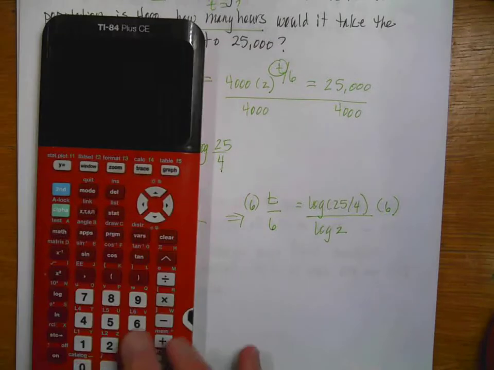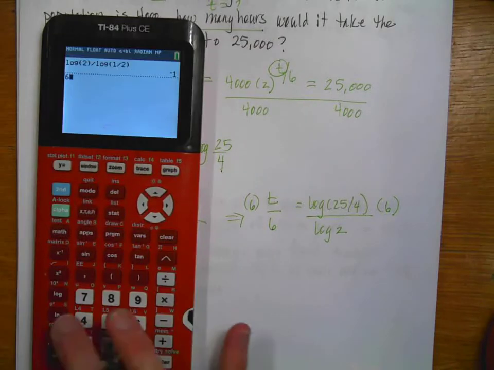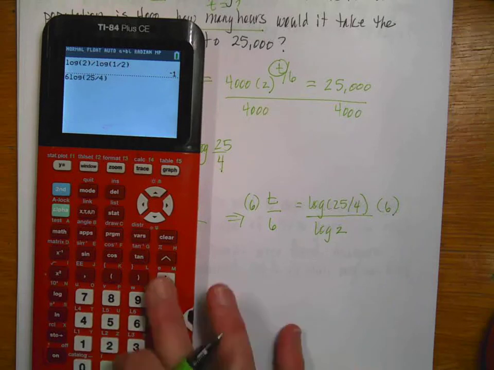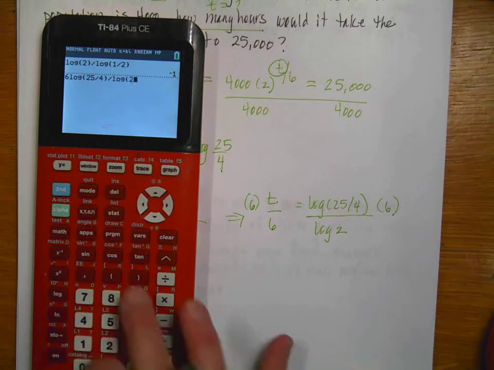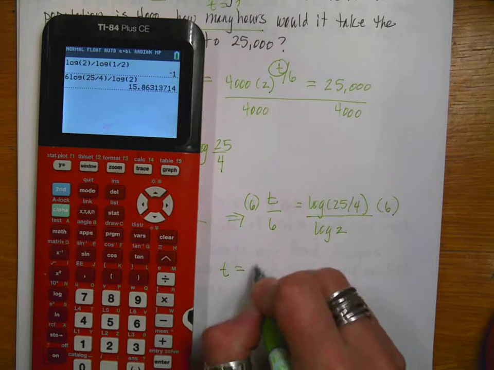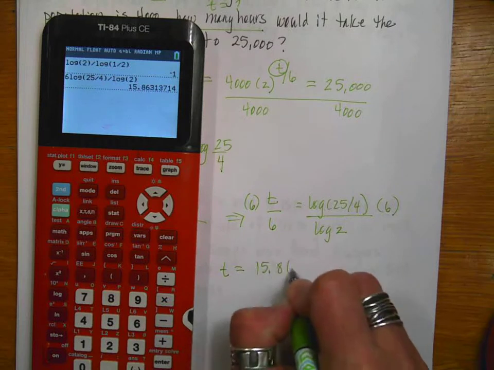So I'm going to push buttons on my calculator. I'm going to do 6 log, and then I'm going to do 25 divided by 4. Again, you have to make sure that you close that parentheses, and I'm going to divide by the log of 2 and hit enter, and I get that my time is equal to